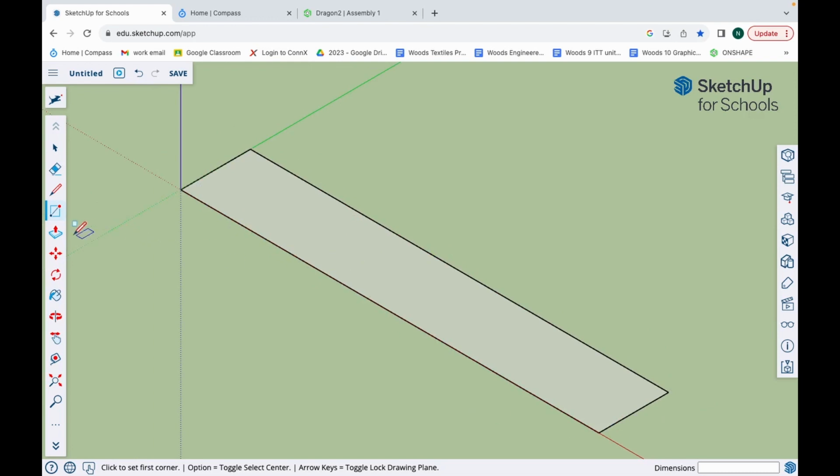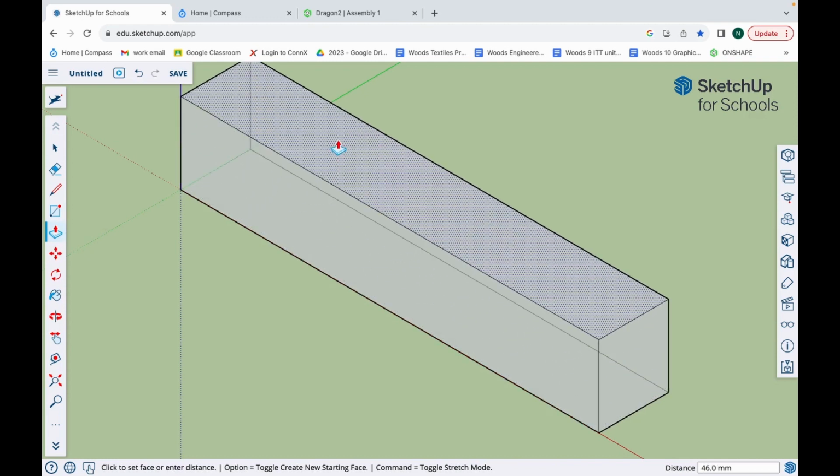The next tool you can use is called push-pull. So it's directly underneath, and it's the same technique. Click, move, type, enter. So I'm going to click on it, not click and hold. I clicked and I let go. I'm going to move it in the direction I want, and I'm going to type the height of my car,